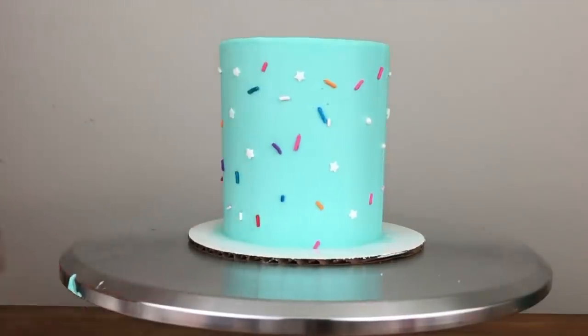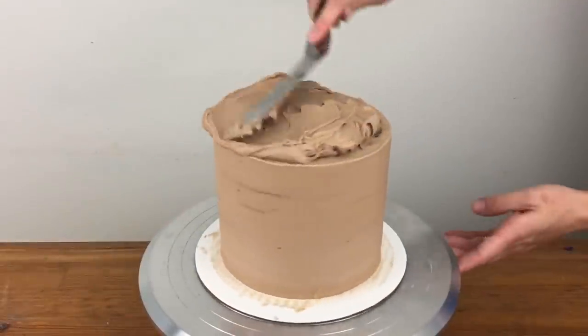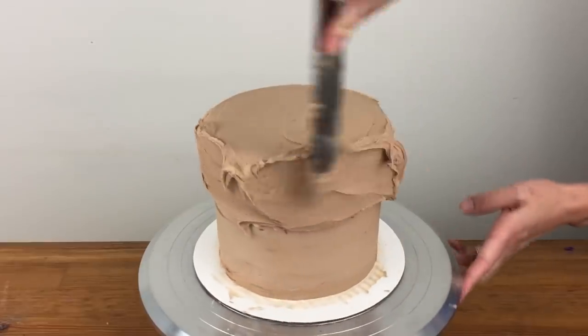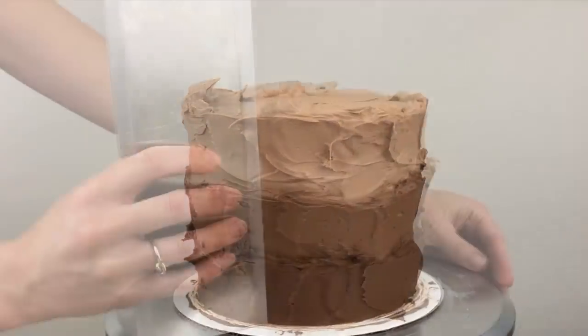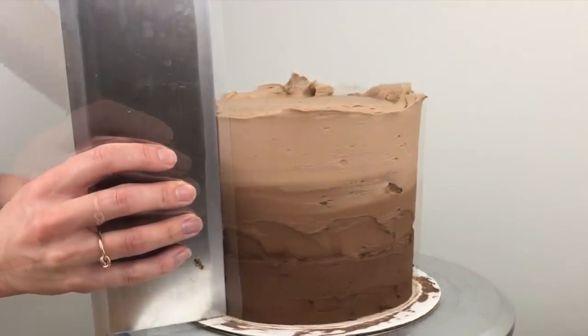We'll start with texture. The easiest way to incorporate texture in your cakes is to use a textured frosting comb, and the speed and ease of this technique is one of the reasons it's gaining so much popularity. Crumb coat and frost your cake as normal, making sure the sides are straight, and that you have quite a thick layer of frosting all over the cake, since you're going to take a lot of it off when you